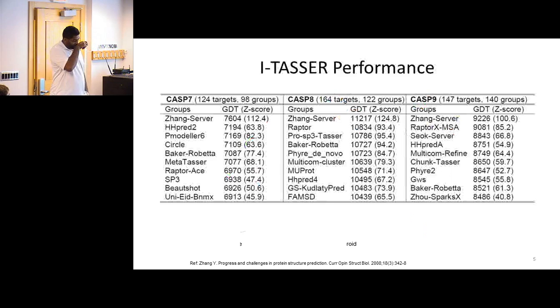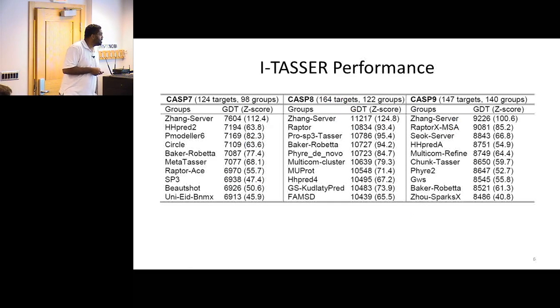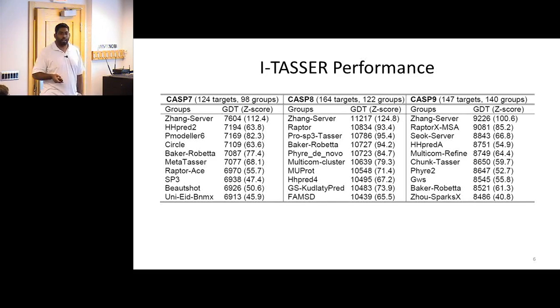So this is just a slide. If you've ever seen Young's talk, you'll see one of these where he points out that he does very well. CASP7, CASP8, CASP9, I think they're up to 10 or 11, is the worldwide competition of protein structure prediction, where they do a blind study and experimentalists provide structures that haven't been deposited into the PDB, and these different labs try their best to predict what they look like, and Young does well.